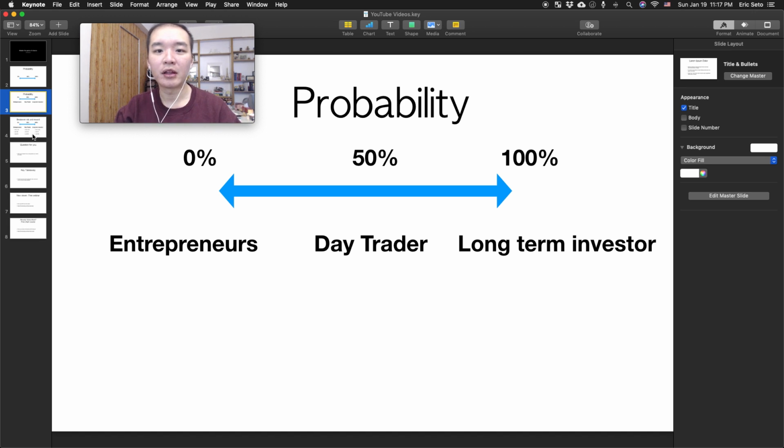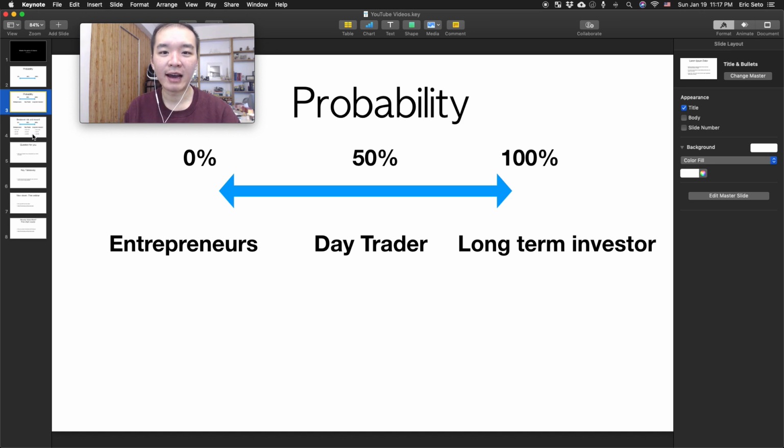So if you are familiar with mathematics, it's actually called a weighted average gain and loss formula, where you take the win times the percentage of your win, plus your loss, which is a negative number, times the percentage that you will lose. And that will give you a net number. If that is a net positive, you're good to go. If that is a net negative, then you need to be fixing your investing strategy, basically.